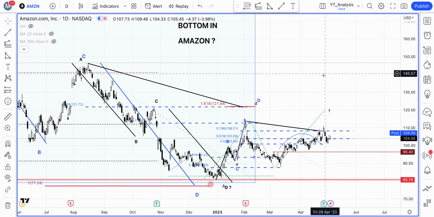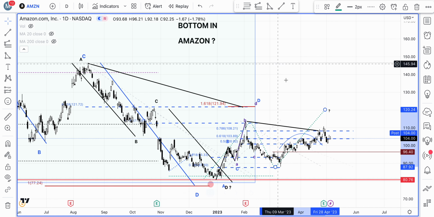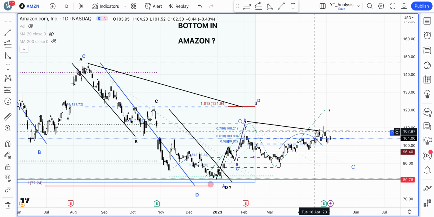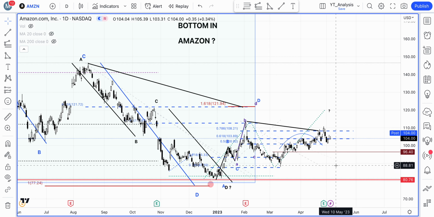So we were actually looking at this green line as the ABCD formation, that the price might be in this ABCD formation, and it could actually reach the $120 per share level. However, the price has just been consolidating and in fact found pretty strong resistance. It retraced for the last 3 days after hitting this 78.6% retracement at the 108.20 level. So it's not been able to close above it on a 2 daily consecutive basis. So it looks like maybe it's going to go and retest this 96.40 level,